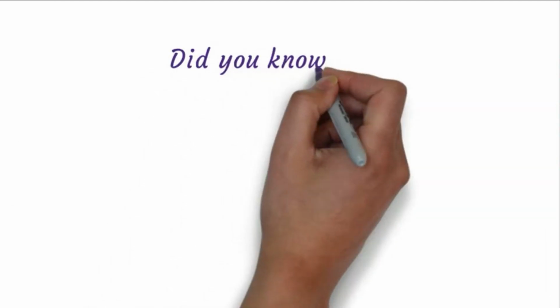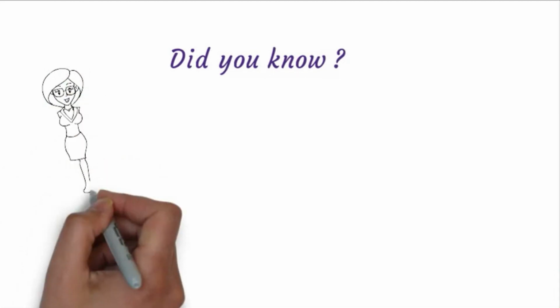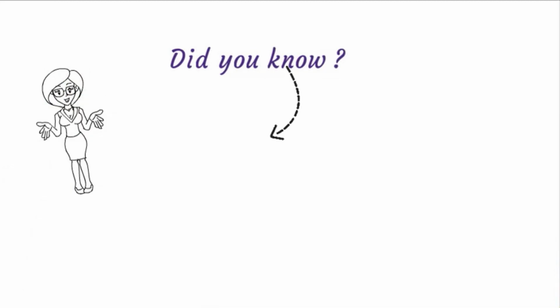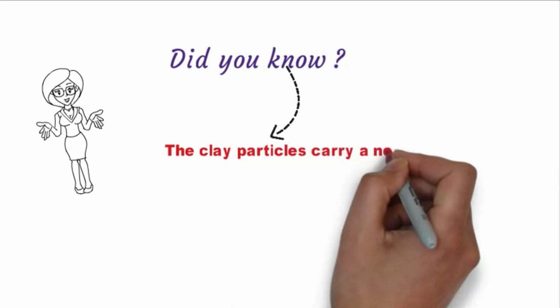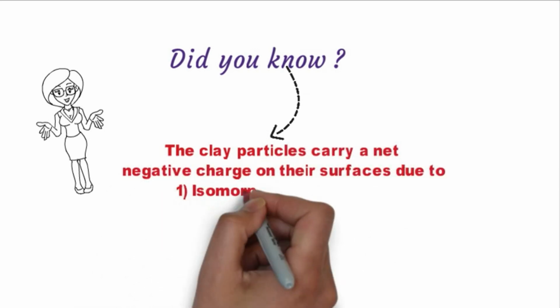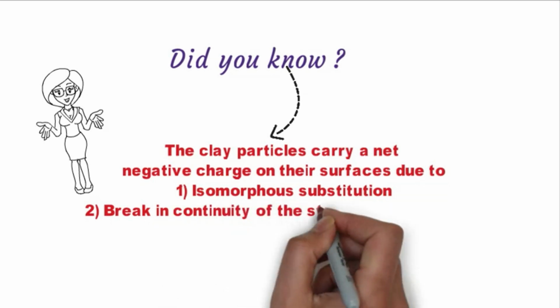Did you know that clay minerals are negatively charged? It is due to isomorphous substitution, and when you break the clay minerals, you have a negative charge due to the previously discussed unbalanced oxygen atoms. So let's quickly understand what isomorphous substitution is. It is a process that substitutes one atom for another in the structure of a clay mineral at the time of clay mineral formation. For example, Al3+ for Si4+ in tetrahedral units, and Mg2+ or Fe2+ in place of Al3+ in the octahedral units.